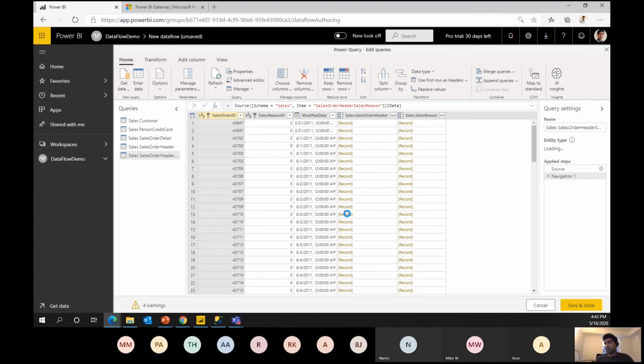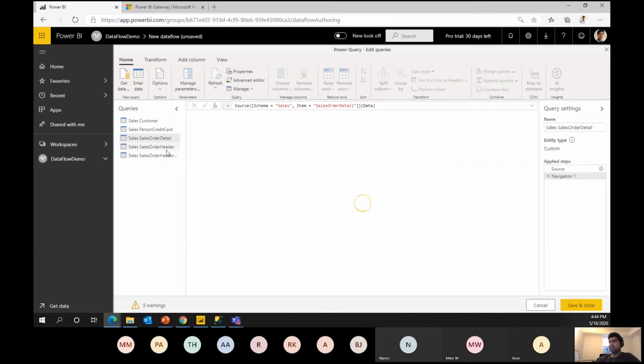This is what I was talking about, that now all these things will look similar to whatever you saw in Power BI service or Power BI desktop version. So you have all these features available again for transformations, right? And here, let me show you this sales order details. This is a kind of sales order, which should be standard as per any organization standard.